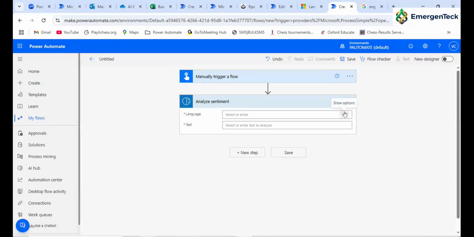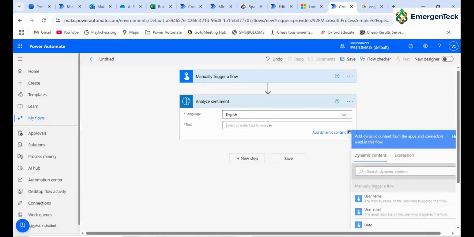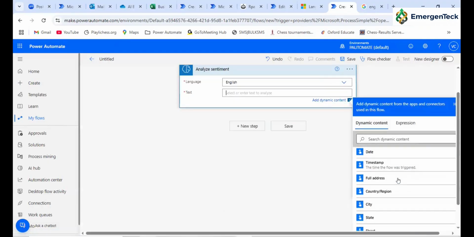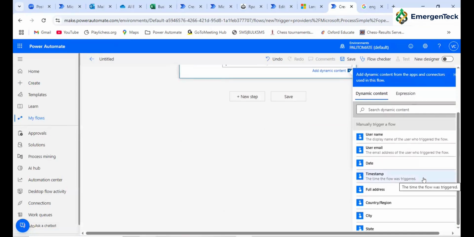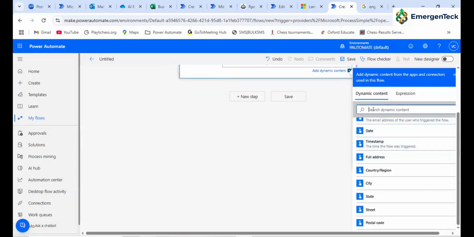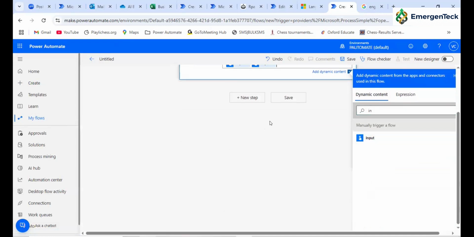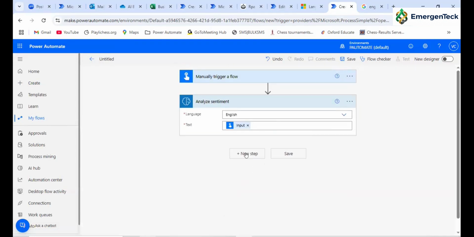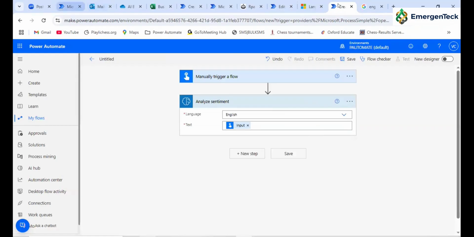Here we can select the language and the text. What is the text basically? The input from the previous step. And mostly you can see here that the sentiment can be a positive sentiment